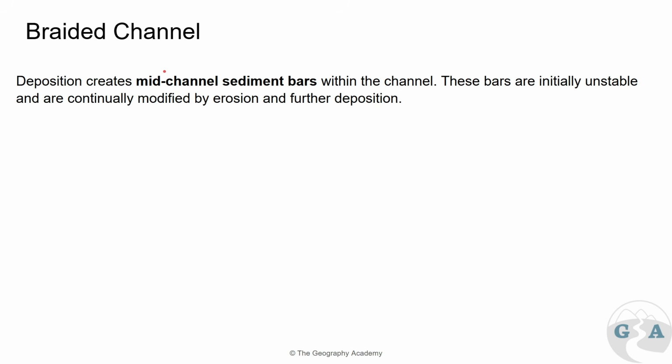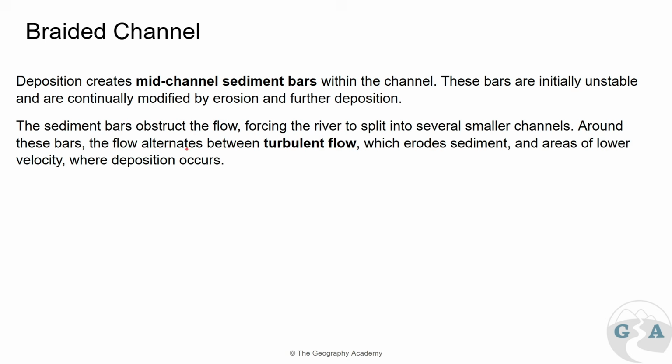Now we have the braided channel continue. The mid-channel sediment bars within the channel are created through deposition. These bars are initially unstable and continuously modified by erosion and further deposition. Now they obstruct the flow, forcing the river to split into several smaller channels around these bars, and the flow